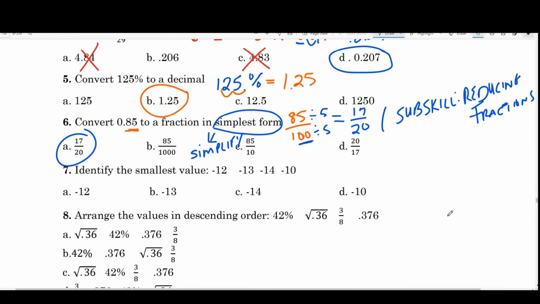All right, number 7 says identify the smallest value. So we have -12, -13, -14, and -10. With negative numbers, you want to make sure you understand the concept that the further away from 0 a value goes, so the further to the left it goes from 0, the smaller it gets. So if we drew a number line,